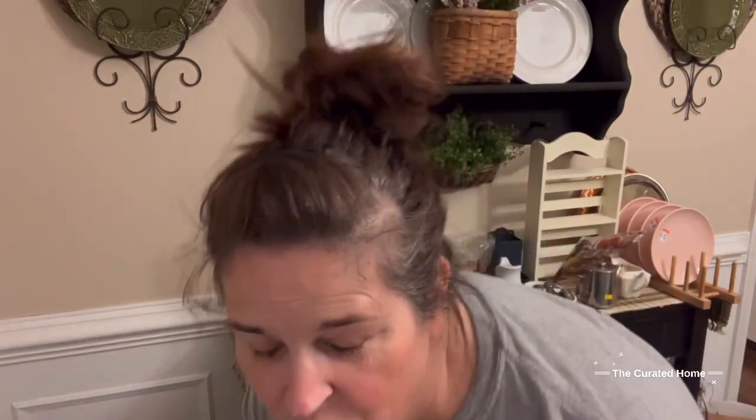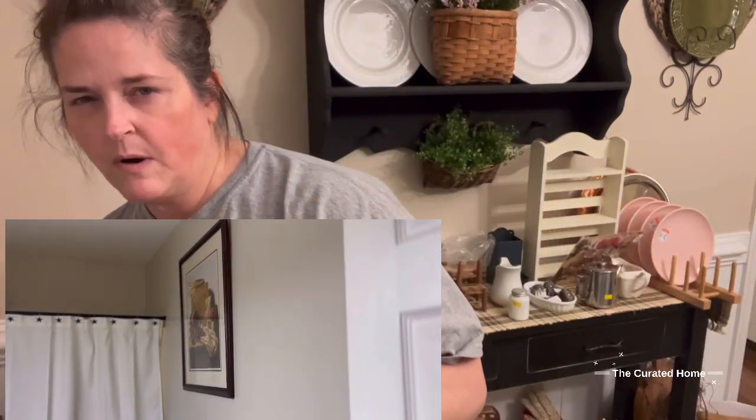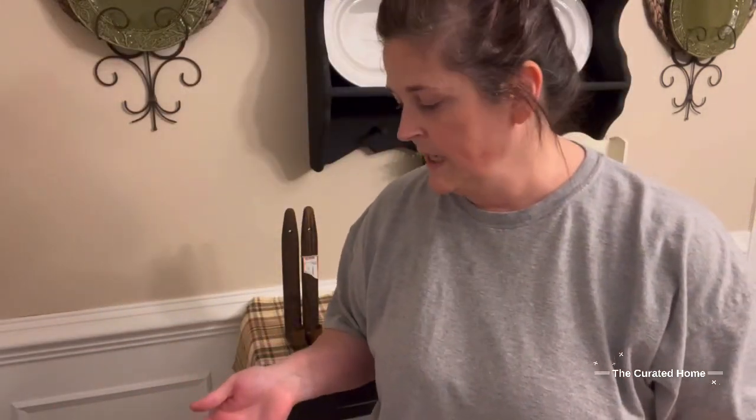I'll have to do a better job of filming that picture, I think. But, like, take the camera down and do the scan thing. I love it. And I'm pretty sure I know where I'm going to put it. But if it doesn't work where I think I'm going to put it, then it might end up going in the resale stash. I've been wanting to kind of bring up the topic of Thrift 101,